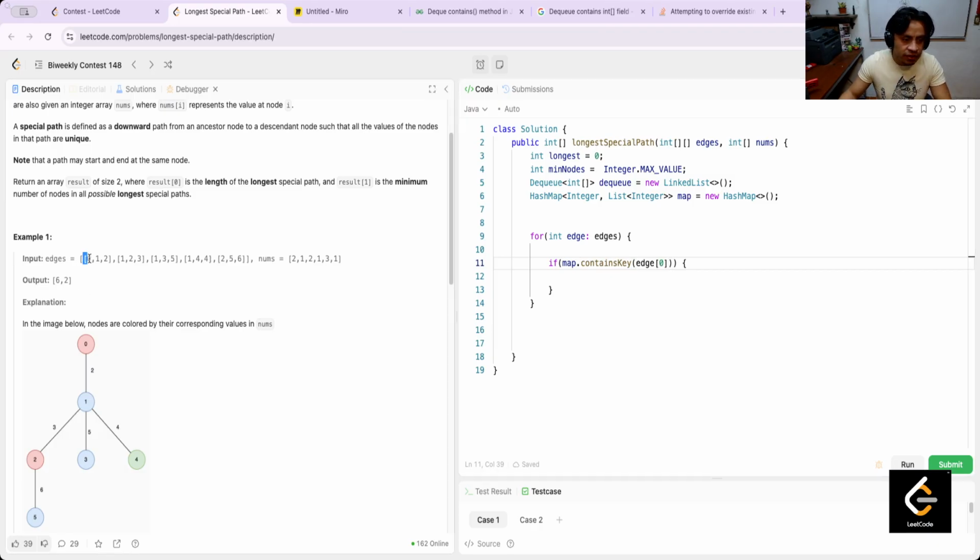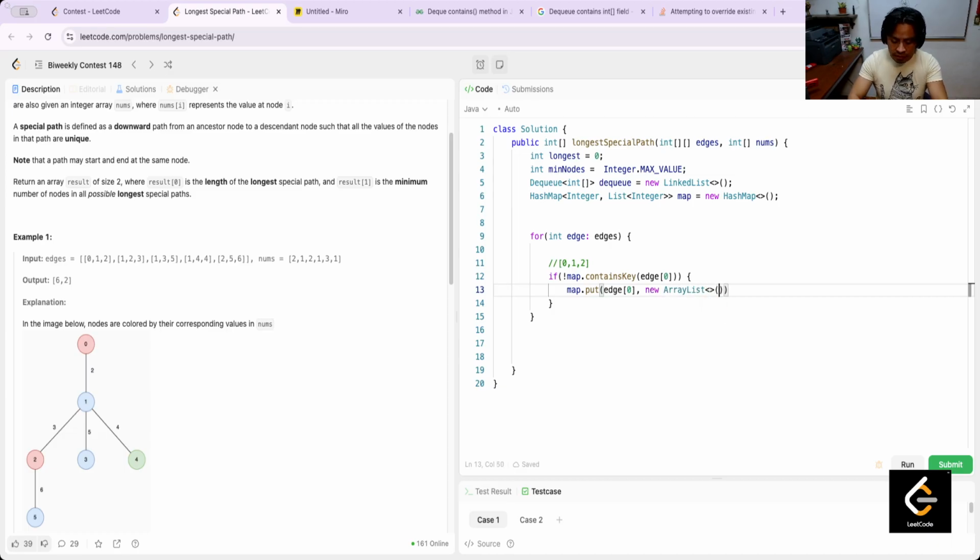Because the position 0 is the origin, and I am creating this, if it's not contained, map put, it easily creates the list, new array list, and at this point I am sure that map.get h in the position 0 exists, that is 0. Do you remember it's a list path, and h in the position